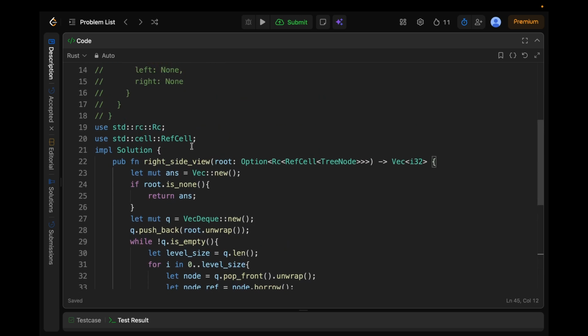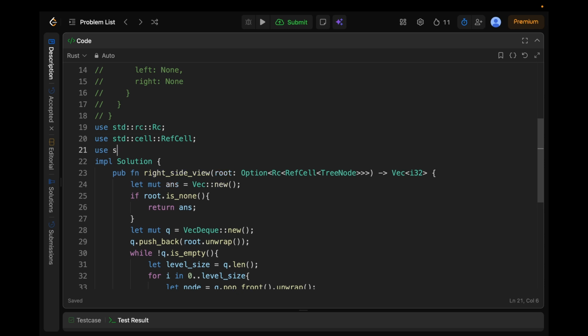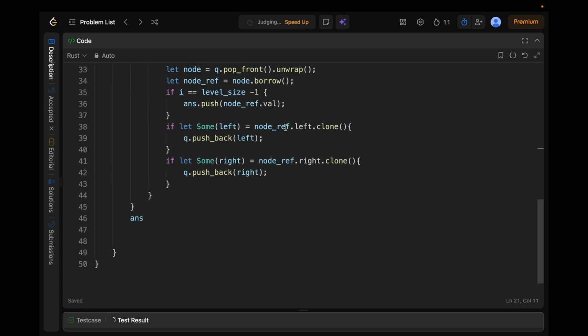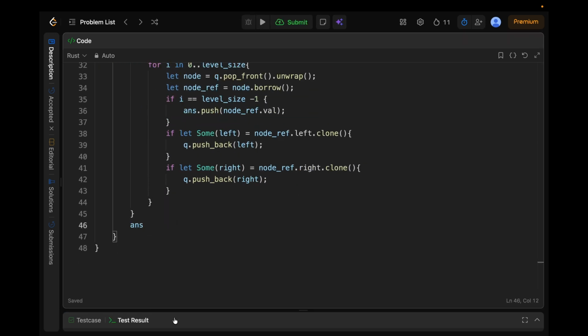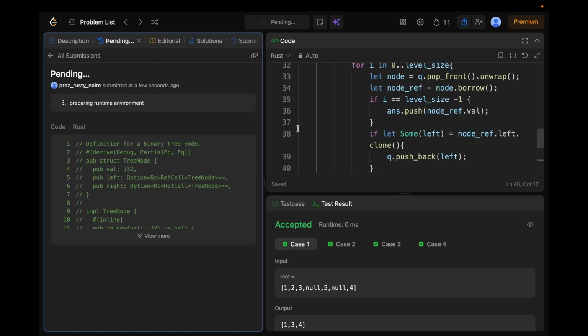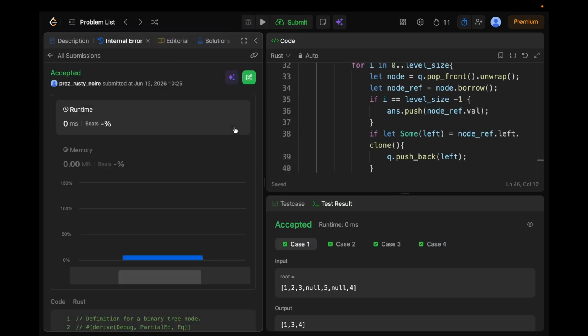The next thing, since we are using VecDeque, we say use std collections, and this would be VecDeque. Let me run this. So I use std collections. This U would be small. So submit it. Let's see if it passes all the test cases. Indeed